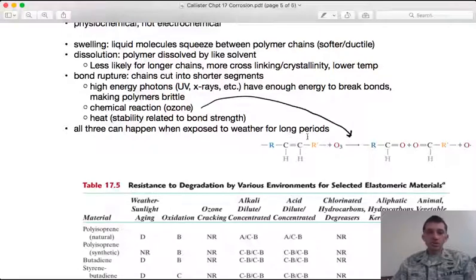So what I'm doing is I'm taking my polymer chains and essentially making shorter polymer chains, which typically discolor polymers. So if you see things forming a chalky surface, or becoming more brittle, you see outdoor polymers starting to crack. That's due to accumulation of all of this environmental damage due to bond scission from ozone and